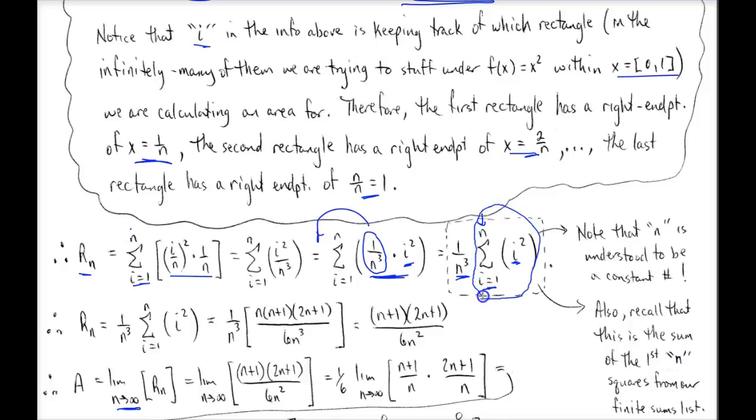And so by having that, that actually makes our life easier because now we know that in terms of i, this is one of those summation properties that we studied earlier, okay? And I'm going to go back to that for just a second to make sure that you know which one it is. So we know that here, the summation of i squared, or the first sum of squares,